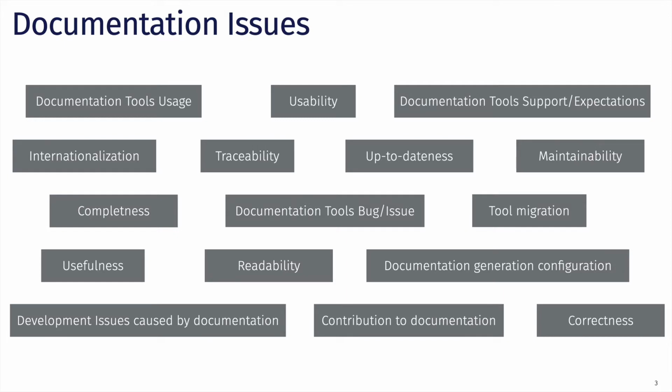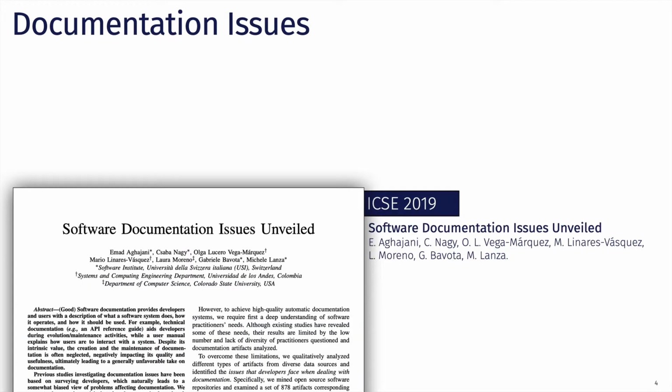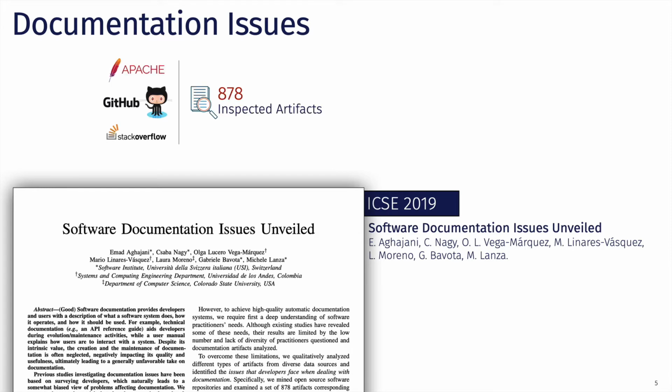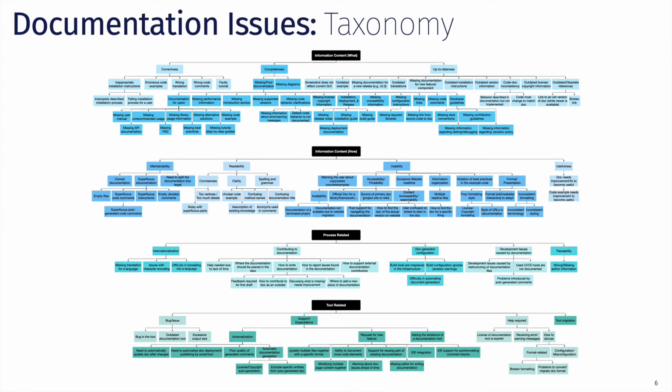Italiana. Software documentation issues like outdated or incorrect content have become an inevitable part of software developers' life. Last year, we presented a research study focusing on such issues. In summary, we manually inspected a large number of artifacts discussing software documentation issues from different data sources. And based on that, we built a detailed taxonomy of documentation issues composed of 162 different issue types, followed by an in-depth discussion of issues, their concrete examples, and actionable suggestions to address them.